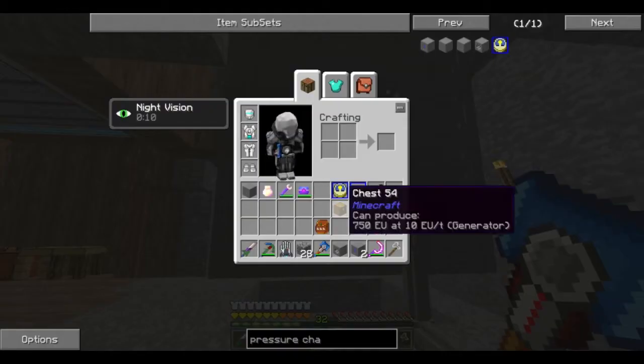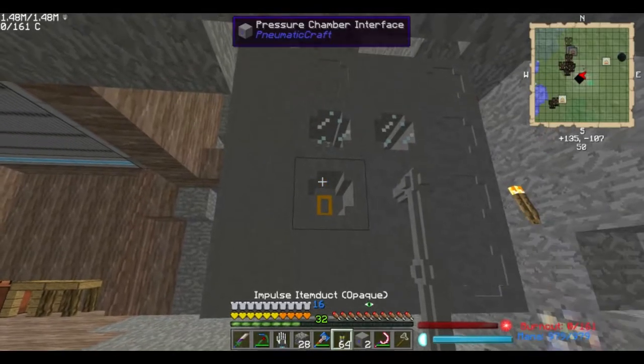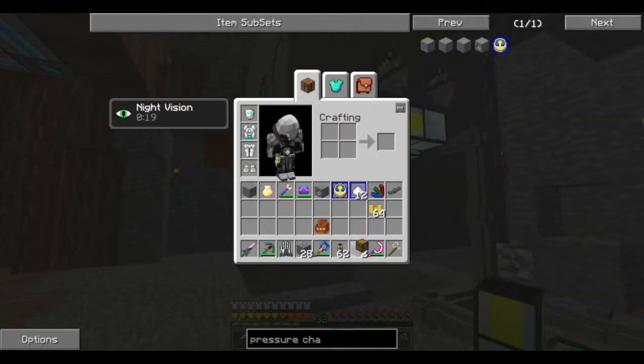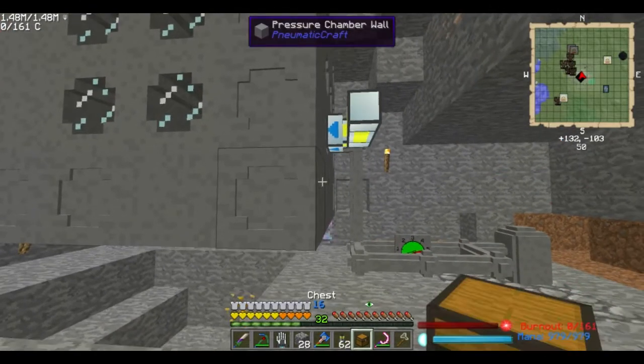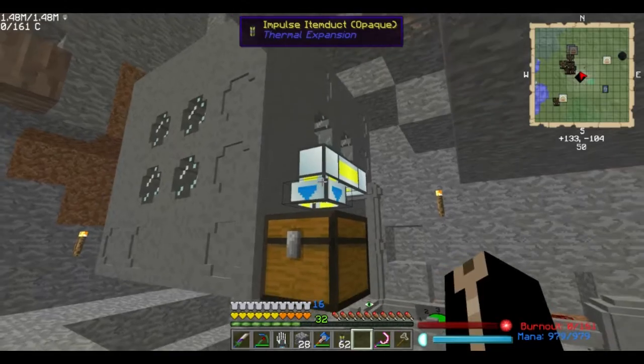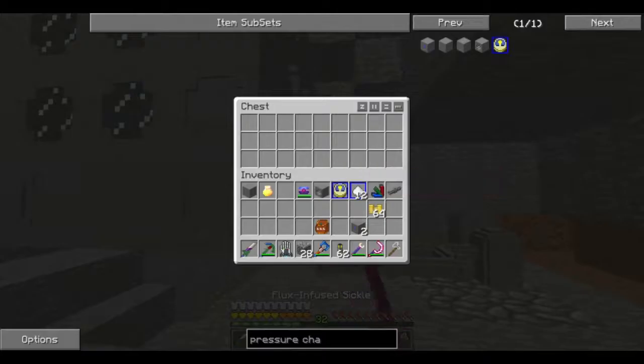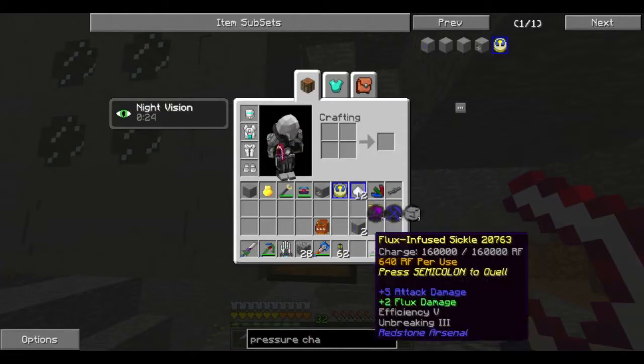So I'll put that one there, yeah. So what I'm going to do is just bung a chest here, and wrench that to output. And then also hook up...